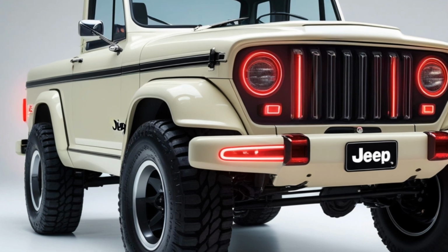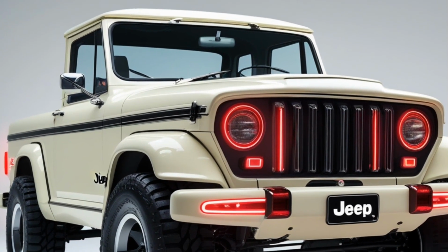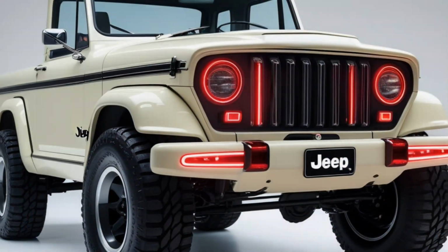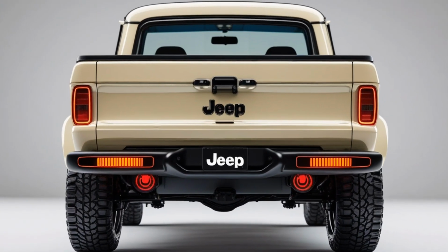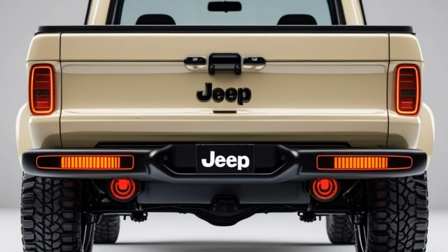Boxy, bold, rugged, it's the kind of aesthetic that announces itself without apology. With steel bumpers, exposed tow hooks, and the classic vertical slat grille, it looks like a war machine that's been refined for civilian dominance. LED headlights with signature halo DRLs slice through the darkness, while the squared-off fenders nod proudly